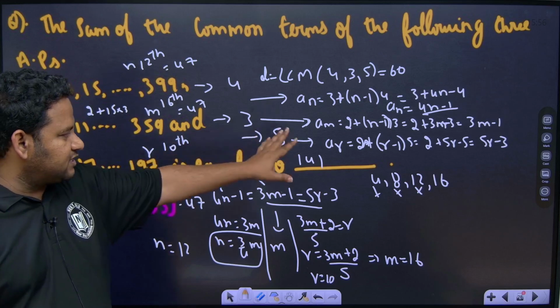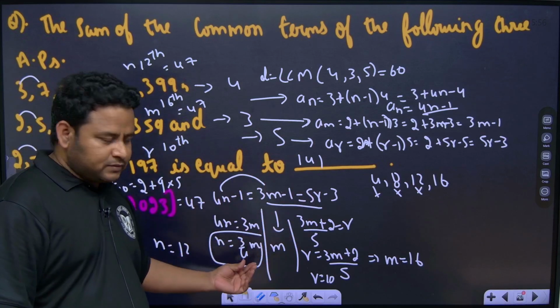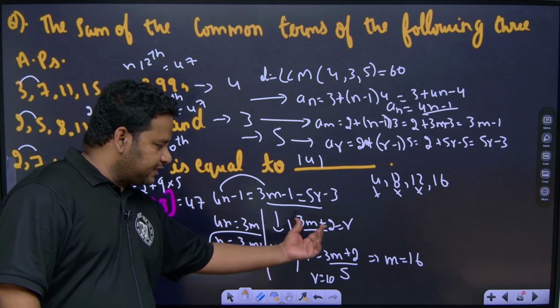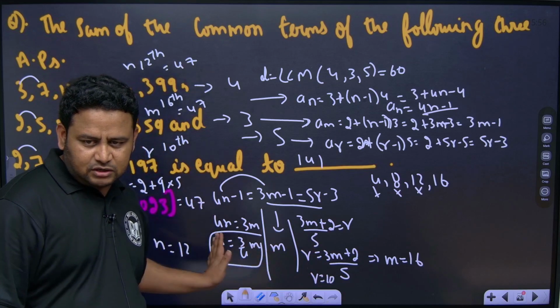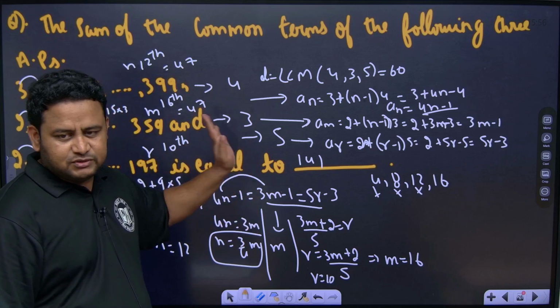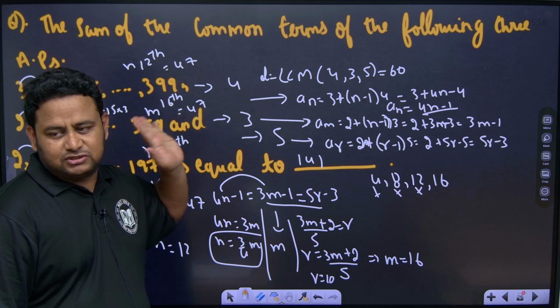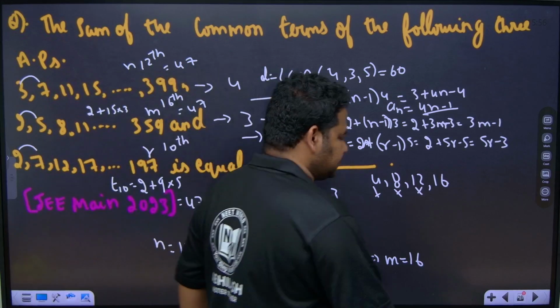So first we took the general term and made it equal to each of these, and one of the terms we took as common. Here I took it in terms of m, here also in terms of m, and then I got the values. Clear? When it comes to AP, more than this they won't ask. This is the highest complexity they can ask, that's all. Okay, next thing,